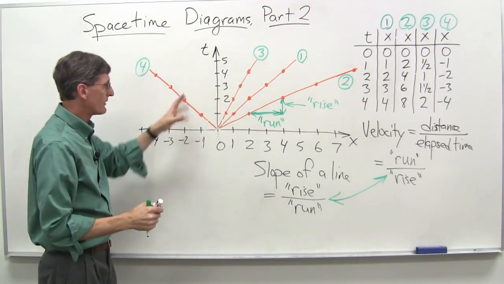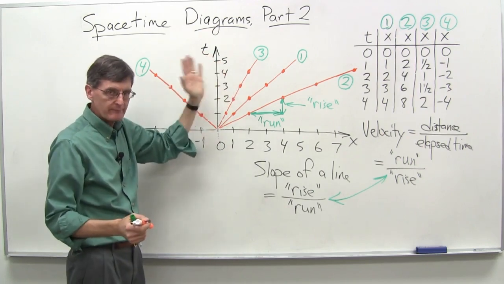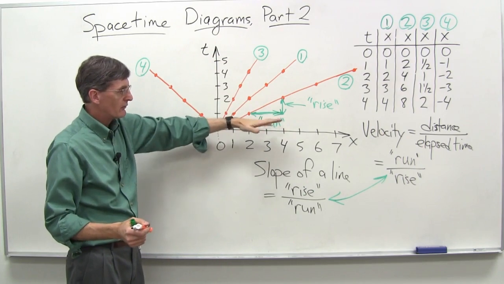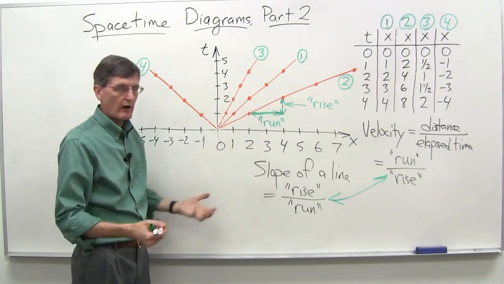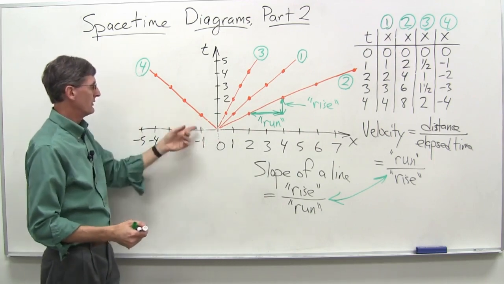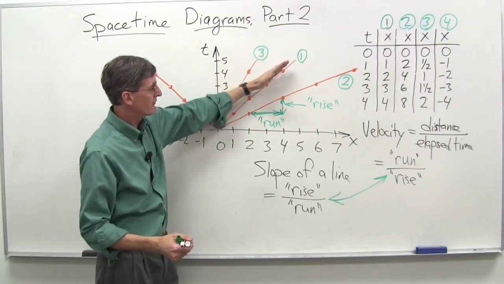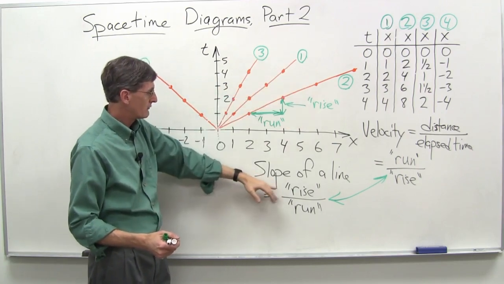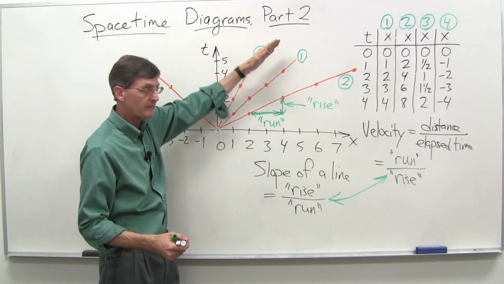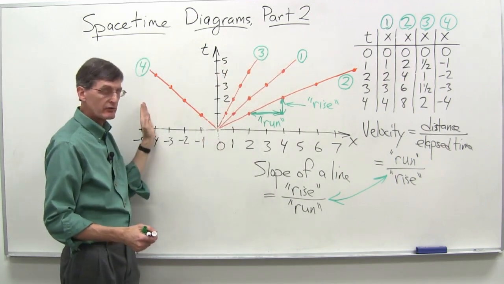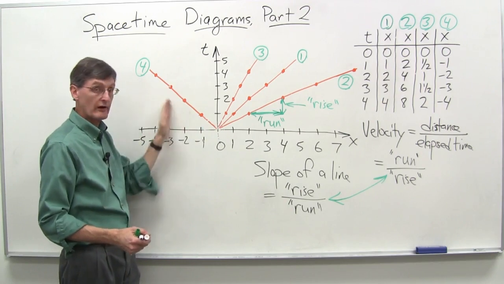But again, the concept here is to recognize that steeper slope means lower velocity, and a smaller slope, a less steep line, means higher velocity. And then this one just means we've got a velocity going in the other direction. So these lines have positive slope because the rise and run are both positive. This one actually has a negative slope because it has a positive rise but a negative